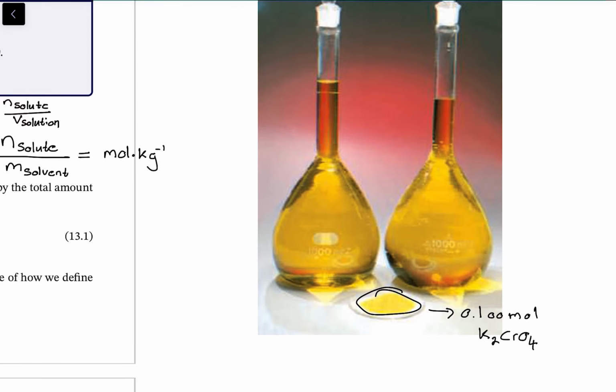In the one case, here on the right-hand side, we make up a solution. We add enough water to make a 0.100 molar solution. So here the concentration is 0.100 molar. In other words, the volume of solution